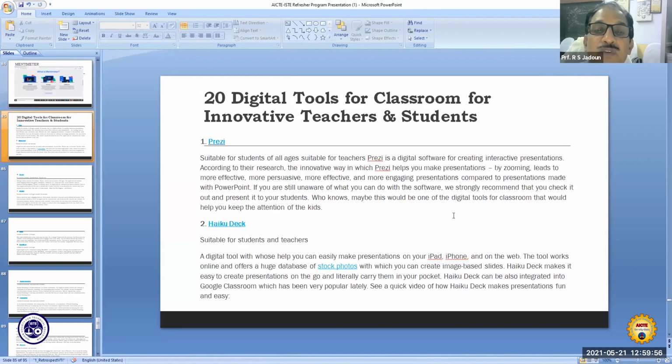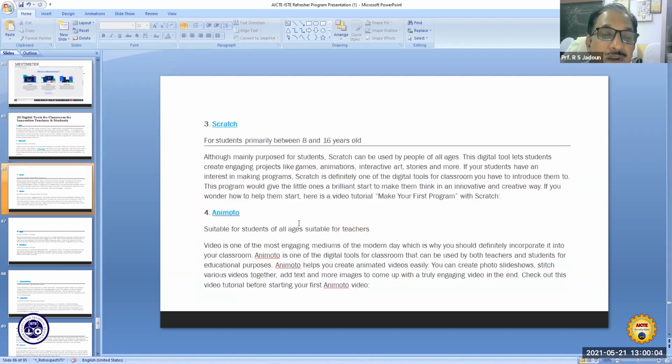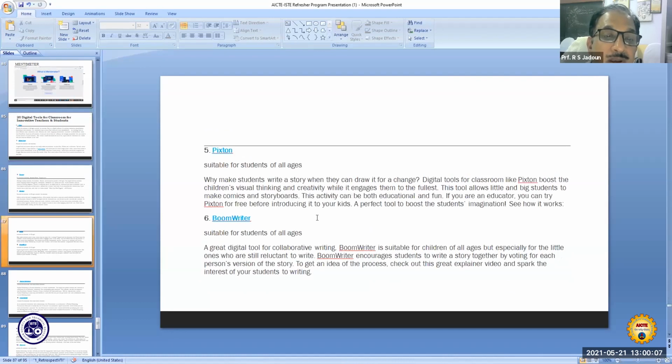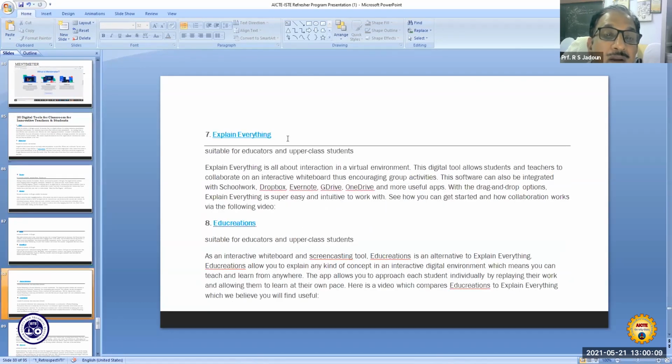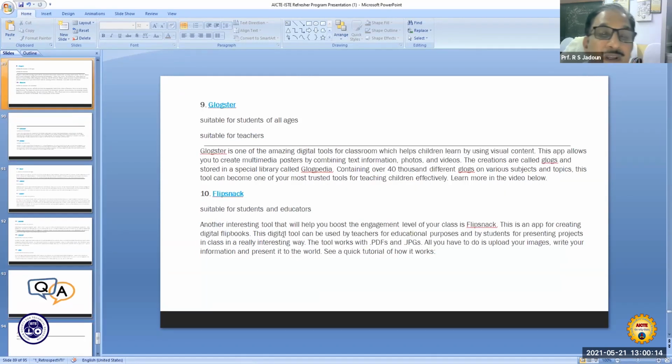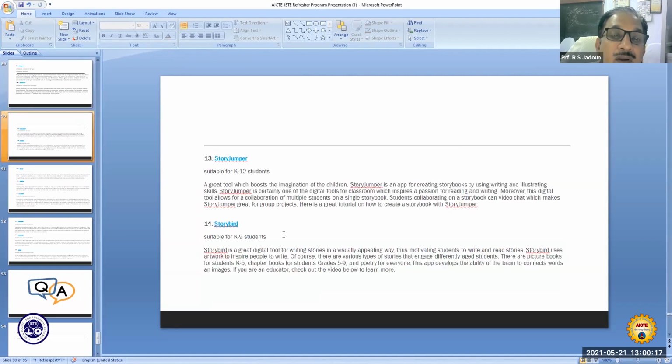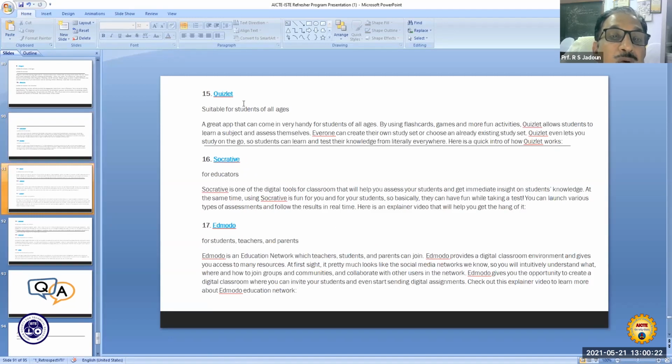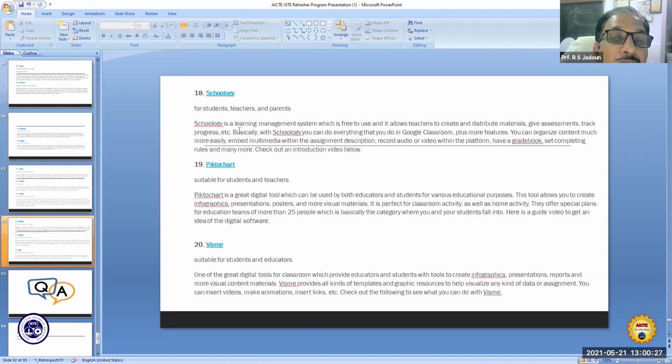Then there are other different tools which may also be used by teachers and students: Prezi, Haiku, Scratch, Animoto, Pixton, Boom Writer, Explain Everything, Edu Creations, Blogster, Flipsnack, Story Jumper, Storybird, Quizlet, Socrative, Edmodo, Schoology, PictoChart, and Visme.